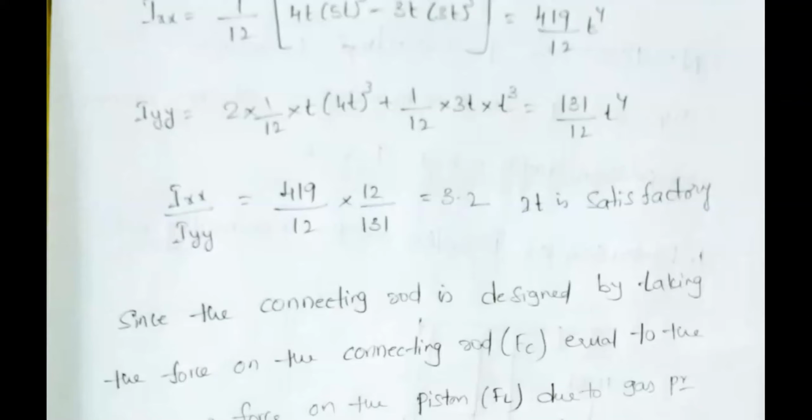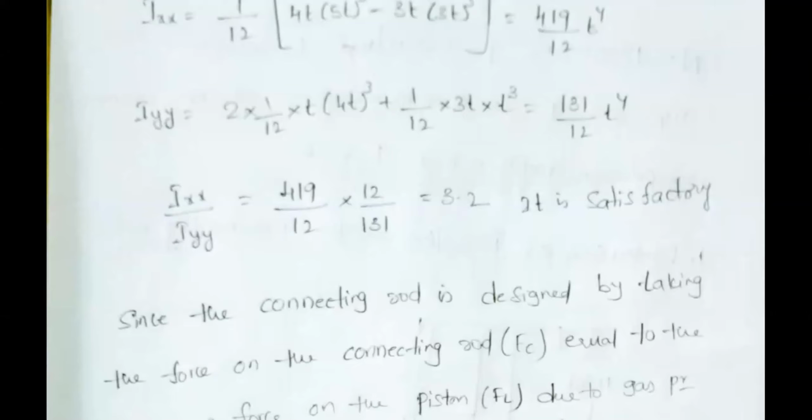How do you calculate the moment of inertia of different cross sections, especially I sections or T sections? You already came across these in your earlier classes. If you are having any problem regarding moment of inertia, please go back to your engineering mechanics textbook and find out the procedure to determine the moment of inertia about the x-axis and y-axis. So I am directly considering the values of Ixx and Iyy here. Please practice moment of inertia yourself.